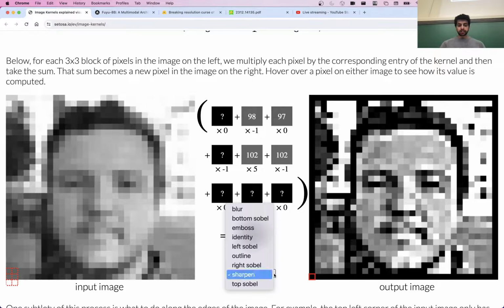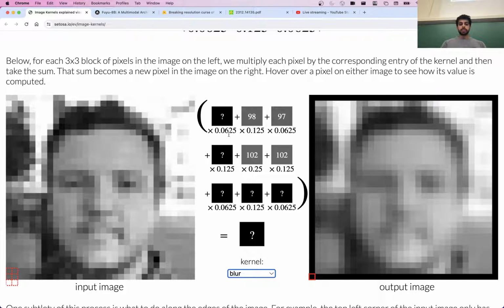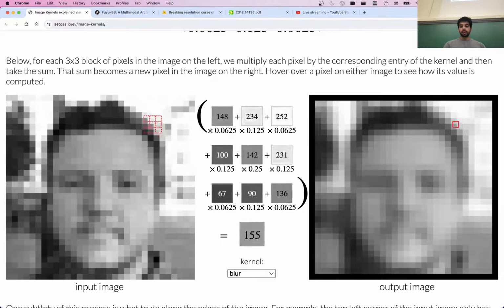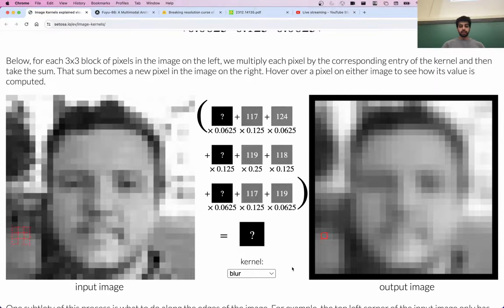We can try other kernels too. So let's see what blur does. So you can see the blur kernel is kind of the opposite. It basically just assigns some small weight to every pixel that is in the region. So they all get averaged together, and as a result, you see an even more blurry image than what you started with.